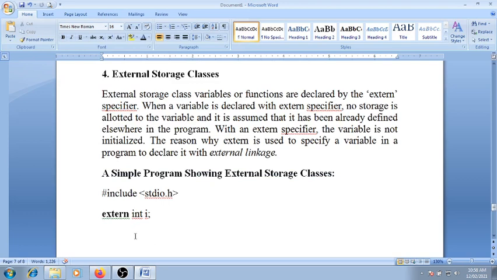So hope you students understand the storage classes in C. There are different storage classes in C, and the features of the storage classes are like that. Suppose an auto variable, it is stored in memory. A static variable is also stored in memory. An external variable is also stored in memory. But a register variable is stored in the CPU register only. So this is the difference between those storage classes.